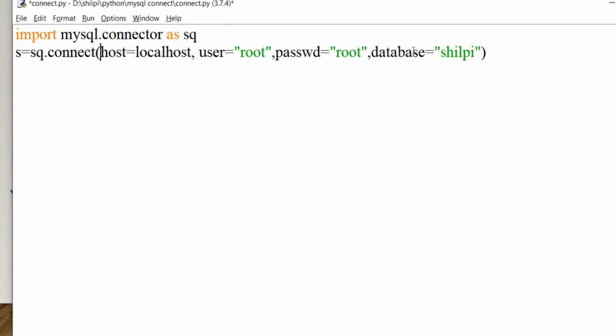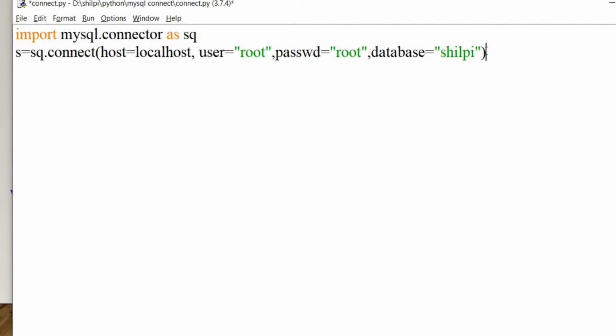So this connect method will establish the connection between SQL and Python, and it will return the connection object. After connecting, it will return the connection object, and I am giving the name S to that particular object. It can be any user defined name, A, B, C, D, or whatever you feel like. I have kept it as S. This is basically the object which can be used to perform various operations on the MySQL database. Now suppose I am making any mistake, suppose the database name is wrong, obviously it will generate an error. That error is known as an exception.